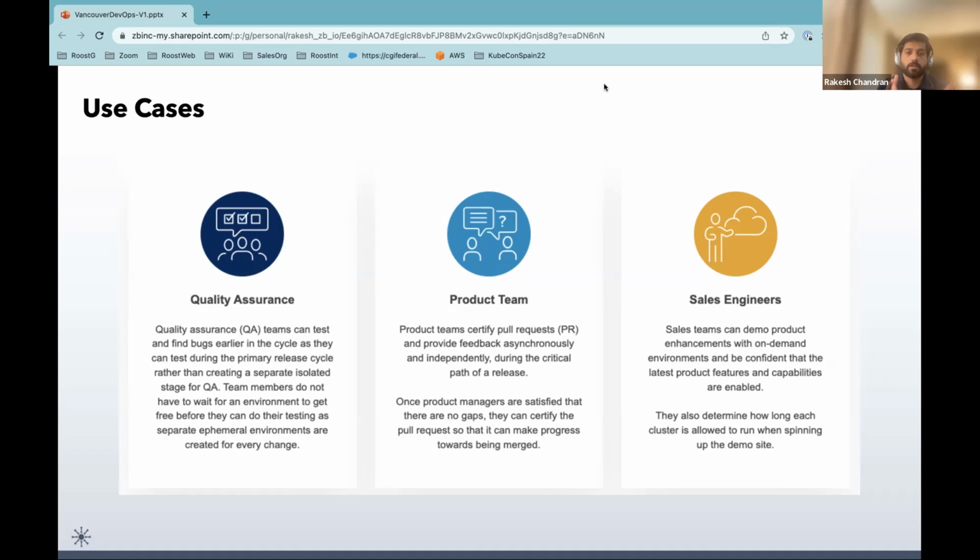Coming to the product team, when there are stakeholders involved and new features they need to look into and approve, they still need to wait for that static environment, when all the changes in the PRs need to get merged into the static branches or environment. It gets to a delayed point where they need to wait for that new feature to get deployed onto that environment.